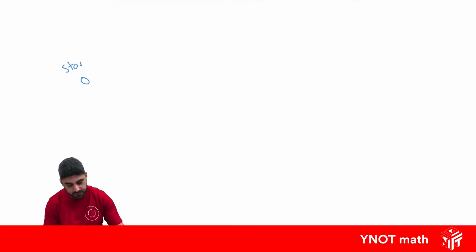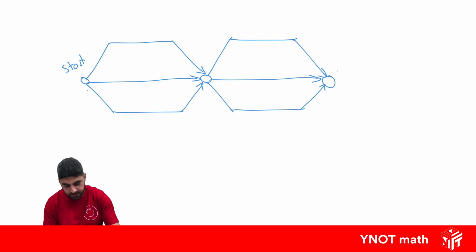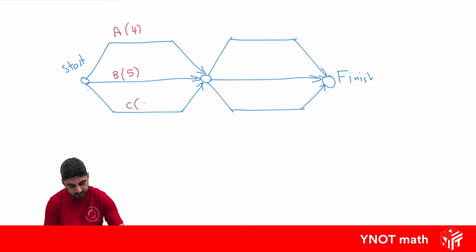So we've got our start. And our finish. We've got activity A taking 4 minutes, activity B taking 5 minutes, activity C taking 6 minutes, D taking 7, E taking 8, and F taking 9. Now,